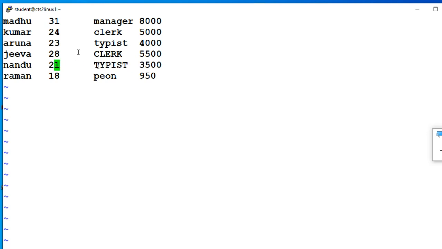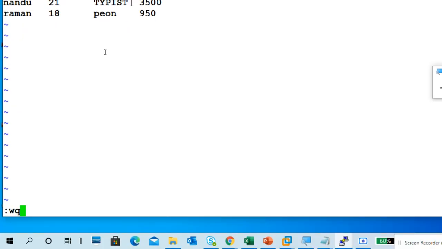You have to be careful with that one, otherwise you can use nano. If your column is only this one, use nano, no problem. And I have completed. Escape, colon wq.